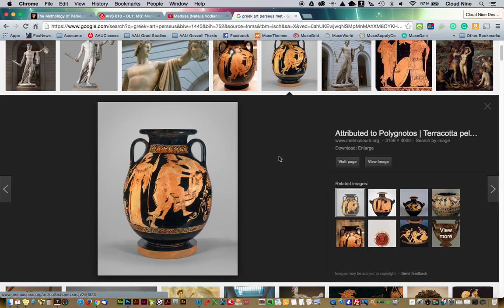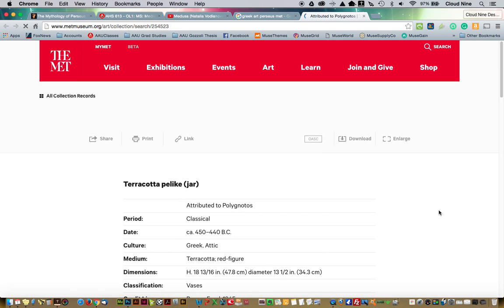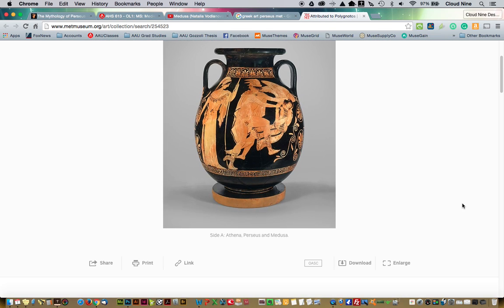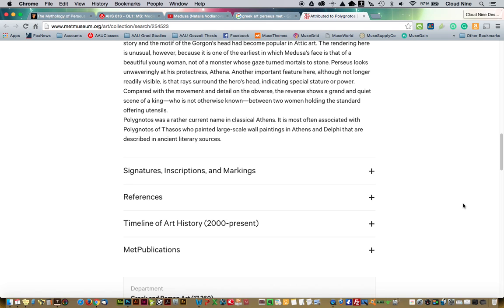Now as you're working in Google, what you'll notice is these 2 links here that are Visit Page and View Image. If you click on View Image, that will bring up the image itself in a new window. That way you can get a larger view of it, you can see it clearly, and if you click on Visit Page, this will bring up the page that the image is linked to. And it brings up the page from the Metropolitan Museum of Art. And if you scroll down, it will have all of the information about the vase that you can also use